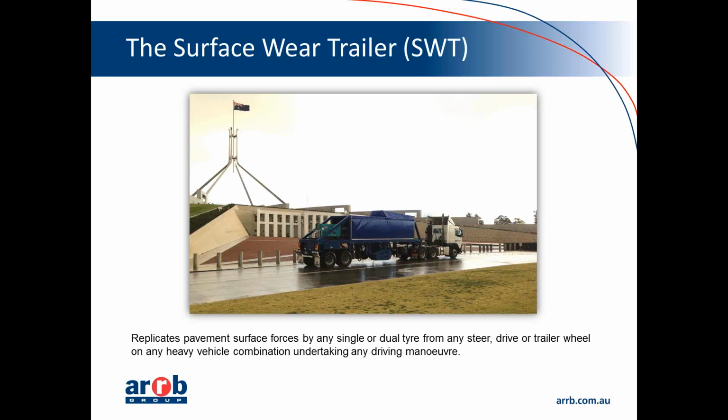And so basically what this trailer does is it replicates pavement surface forces by any single or dual tyre from any steer, drive or trailer wheel on any heavy vehicle combination undertaking any driving manoeuvre. Now that's a very long sentence with lots of words in it, but the key term in this is "any", which you see appearing a number of times,